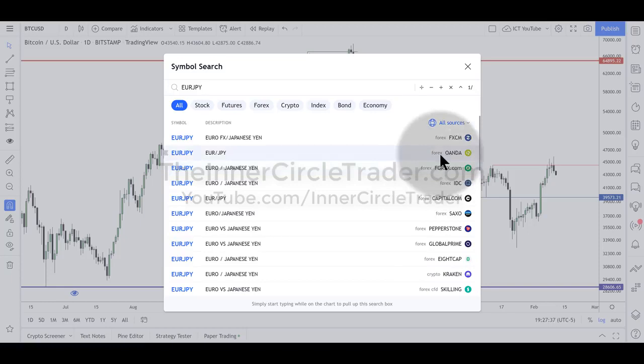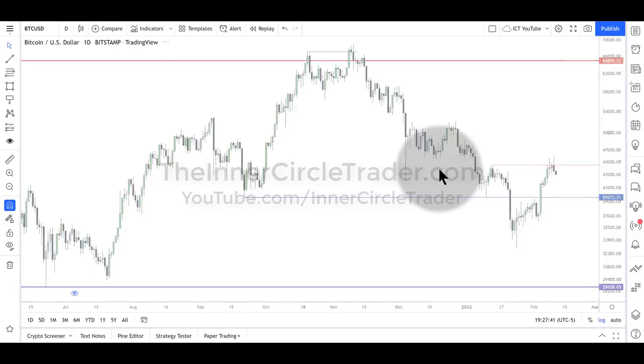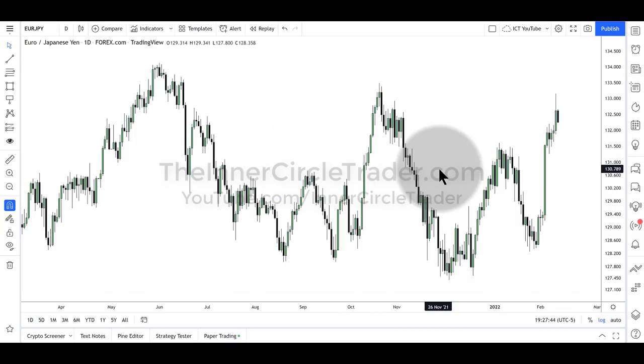I don't want to use OANDA though. Definitely not them. So we have the daily chart up for Euro Yen. Just so you know, I hate yen pairs. I can't stand them. But for the sake of completeness, this is how you would look for these types of